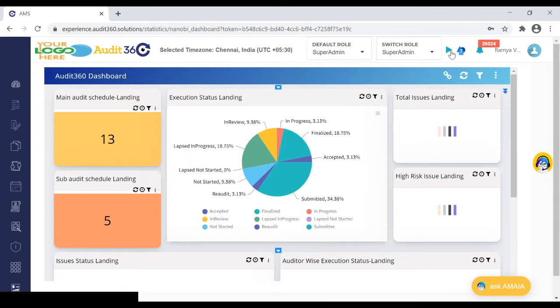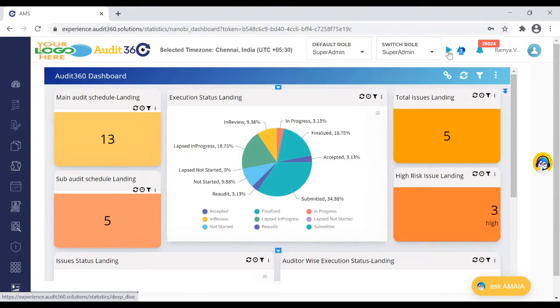So we have brought in one new feature, which is Knowledge 360. We are bringing more and more improvements into this feature, where the icon changes are different, more submodules, all that will be brought into Knowledge 360. For now, we have introduced Knowledge 360 where, for example, if a user is stuck in any of the modules, though we have Amaya who can talk about all your frequently asked questions, it can also take you to the training video for a particular module.